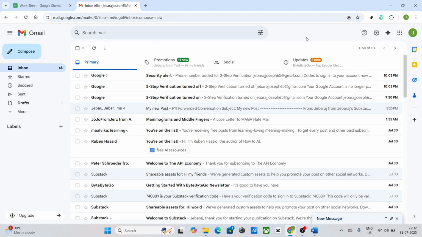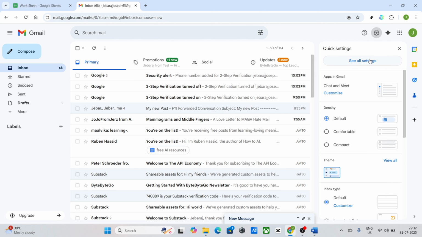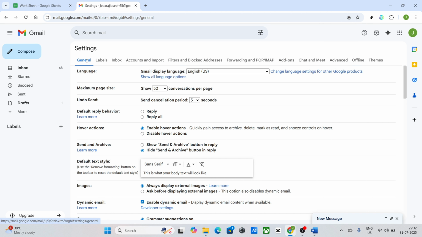into the settings. In the top right corner of your Gmail interface, there's a little gear icon. This represents your settings, so go ahead and click on it. A drop-down will appear, and from here, you'll want to select the option that says See All Settings. Clicking this will bring you to a comprehensive settings menu where you can fine-tune nearly every aspect of your Gmail